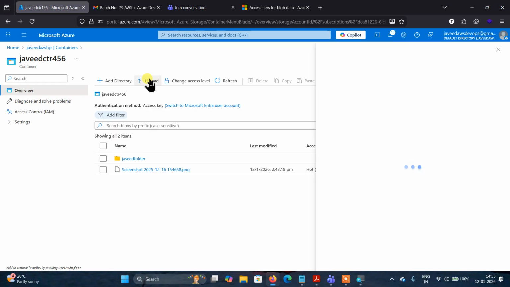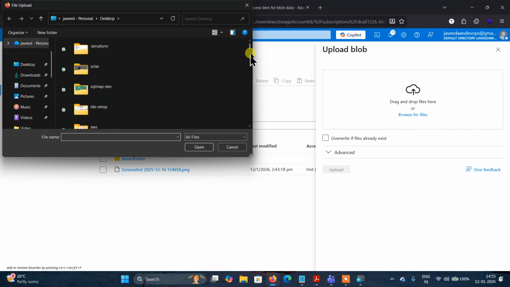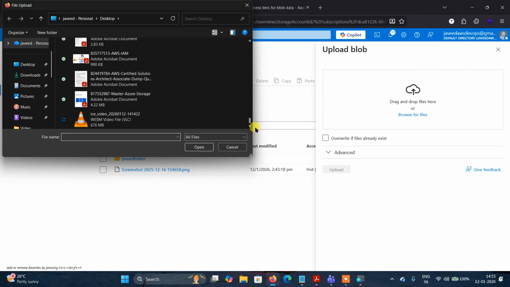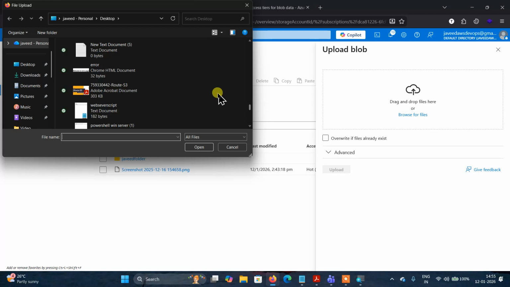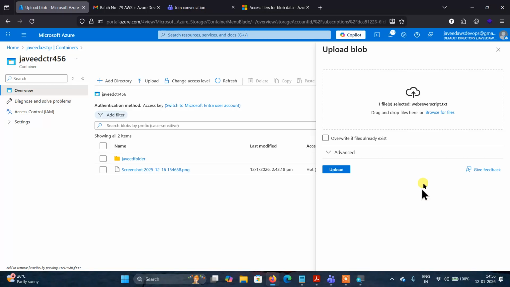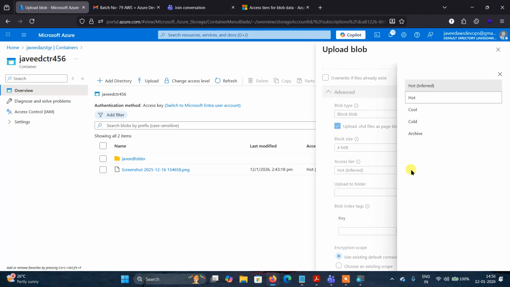Just click on this object here. I just upload another object. So this one I just upload here. Whenever I click on this, go to the advanced tab. What is the tier here? See here, the access tier. Which tier? Hot tier,